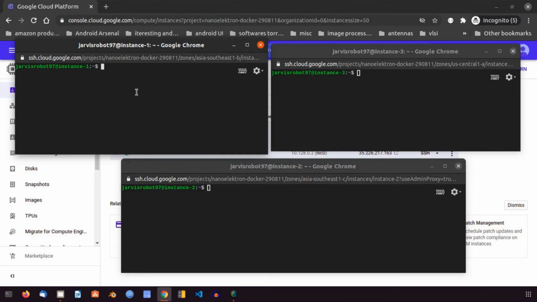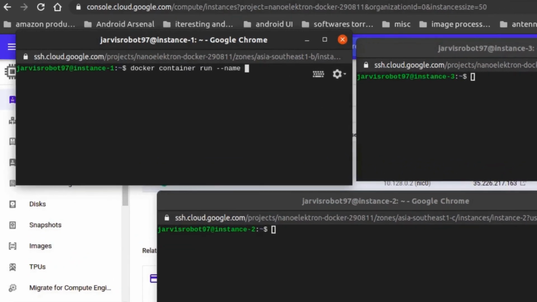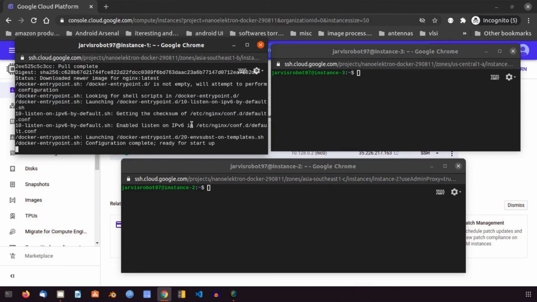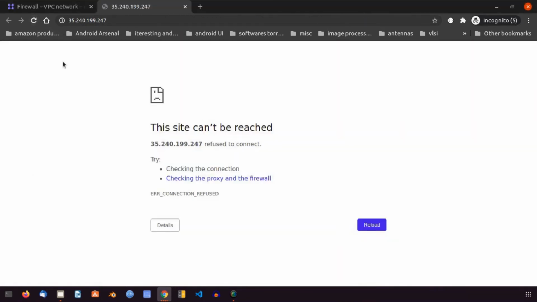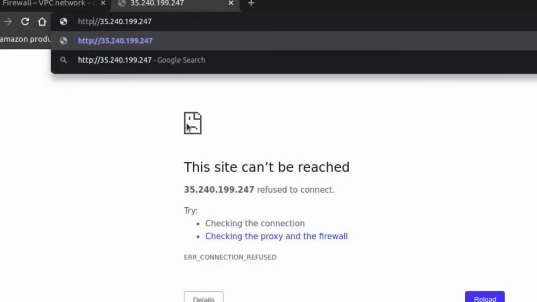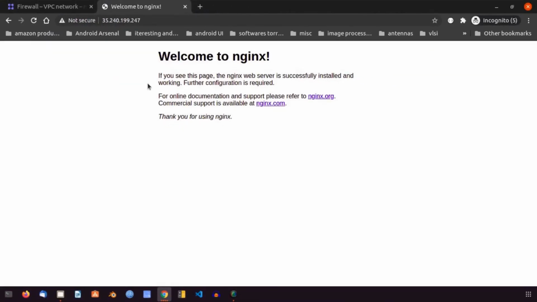Let's quickly start an Nginx web server and check whether we are able to get any response. Since SSL is not set up, it should be HTTP and not HTTPS. And now we are able to see the welcome page of our Nginx web server.